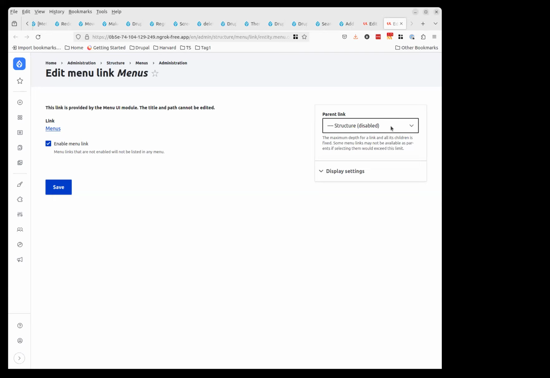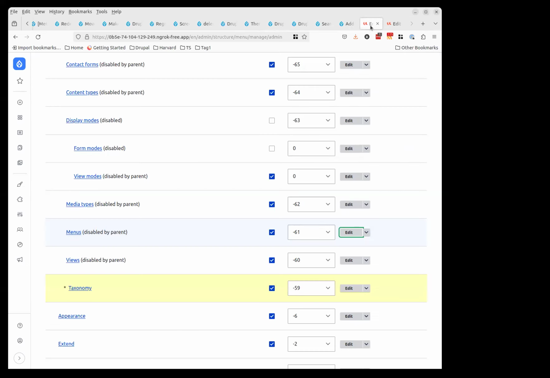And it's also not included, not even in the parent link's description. So that's kind of minimum. It could be mentioned at least in the help text that the parent link is disabled, but no, it's not even there. But it would be nice to have it shown somewhere close to the enable menu link checkbox. So this does show that the parent link is disabled, although I think if I look at something more deeply nested,